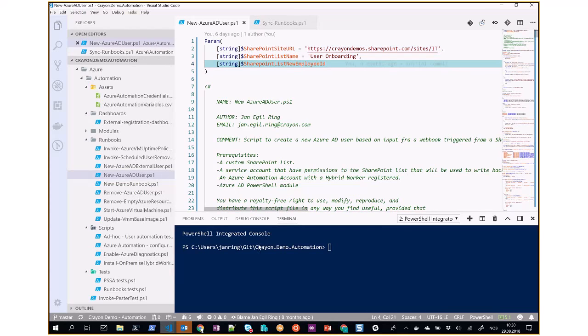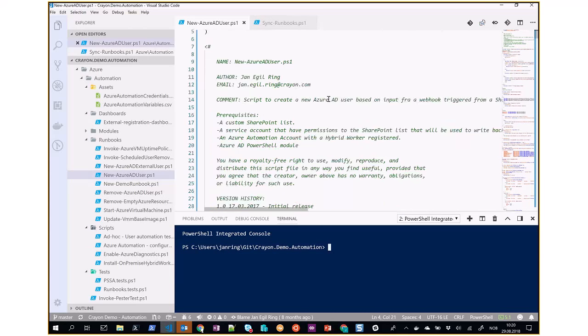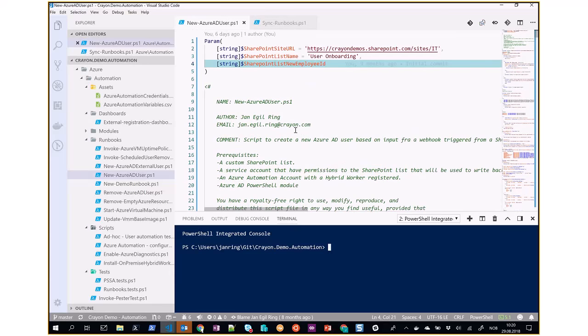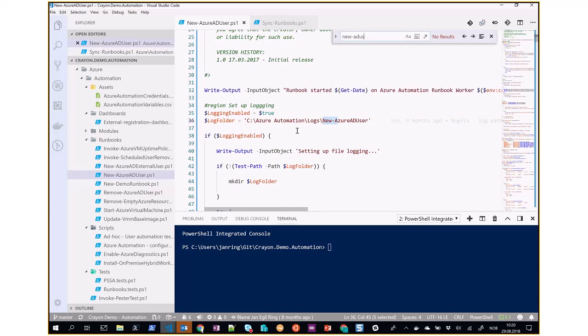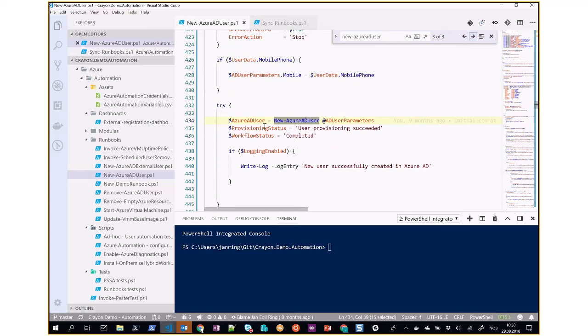There you get the runbook in a local console where you can test and debug your application. So if you do a quick search for a new Azure AD user,